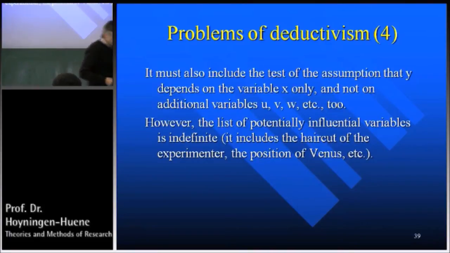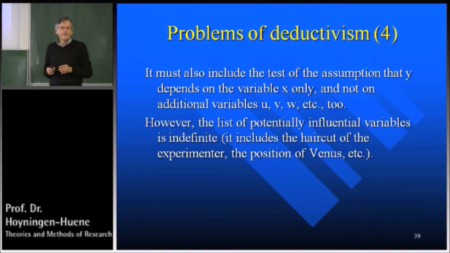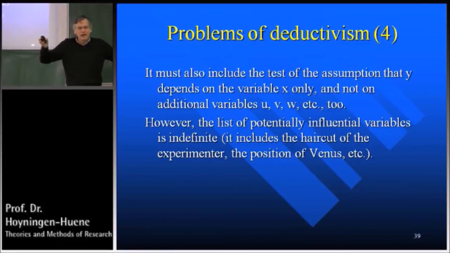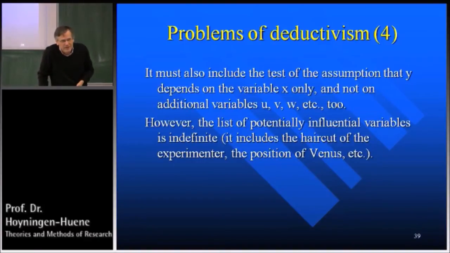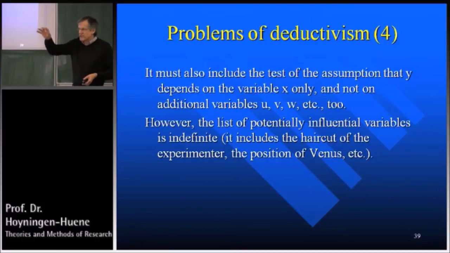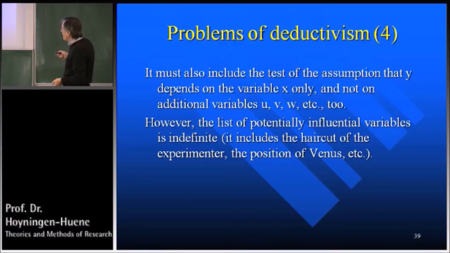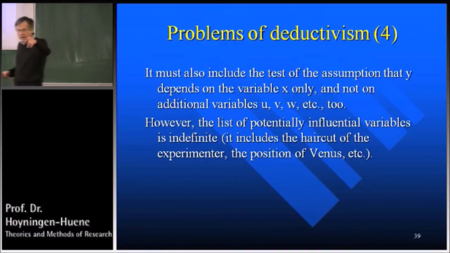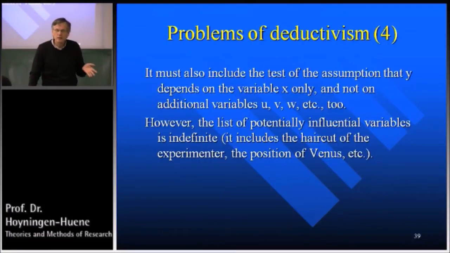It may also depend on, the other example here, the position of Venus on the sky. Not the position of Venus in your heart, but the position of Venus on the sky. So you're going to wait a full circle of Venus. Well, Venus isn't too bad because it's fast, but Jupiter is much slower, 20 years or something. And for every position of Jupiter, you must repeat your experiment. The y could depend on the position of Jupiter. How do you know? You are dogmatic when you say, of course it does not depend on it. Did you test it? No, you didn't. So how do you know?